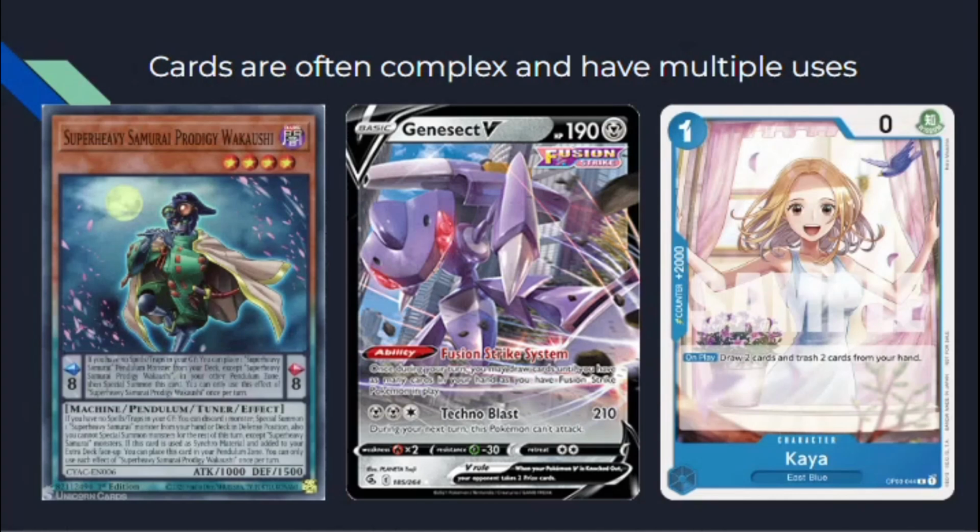So we have cards that often are complex and have multiple uses in card games. No matter what game you're playing, there's going to be a card that looks like a textbook. Just look at that Yu-Gi-Oh card. Super Heavy Samurai Prodigy Wakashi has a primary purpose of going and searching its deck for another card to put